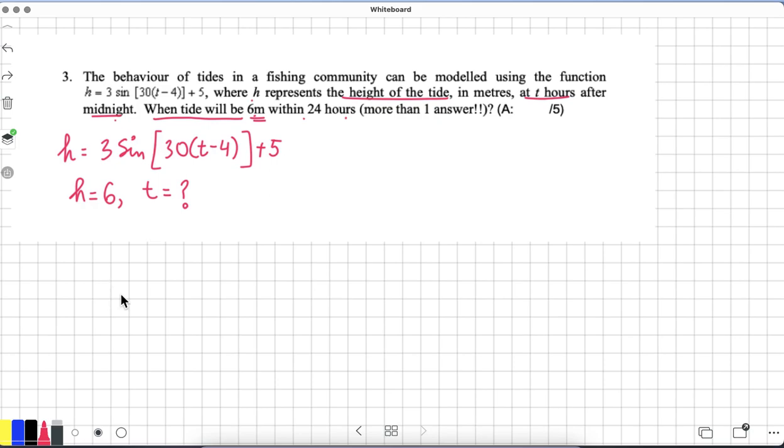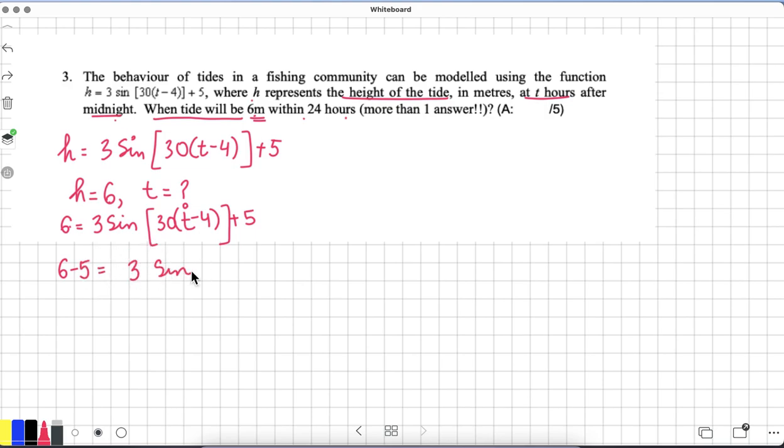So first thing we're going to do here is plug in h = 6 because we know that, and find the t. So 6 = 3 times sine, then we have 30 brackets t minus 4 in the brackets, plus 5. We just need to isolate for the t here. Let's do it one by one. How to do that? First of all, the plus 5 is adding. I'm going to move it to the other side. It's going to be subtracting from here. So 6 minus 5. Here we are left with 3 sine